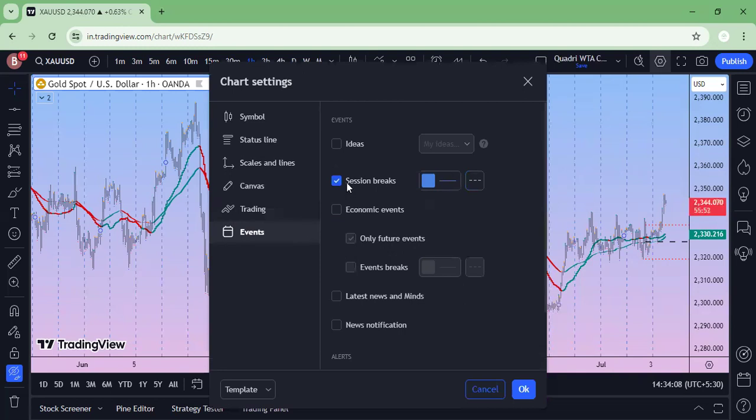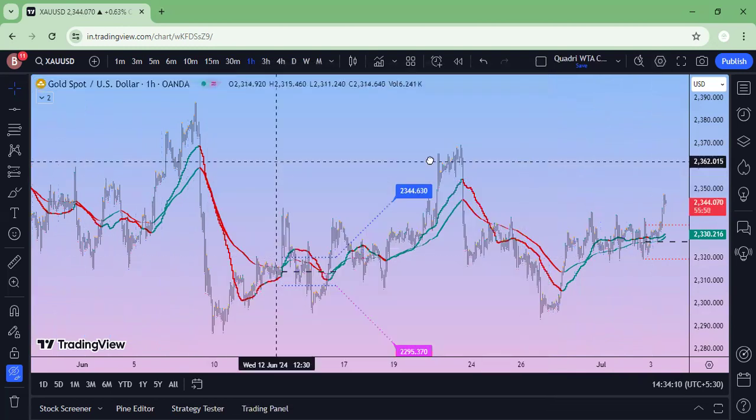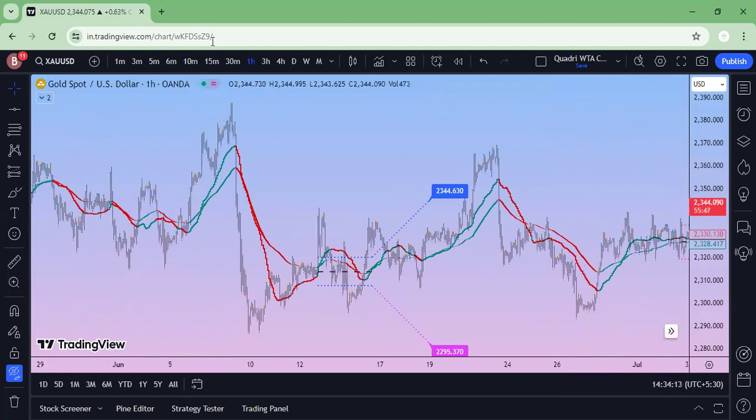Let me remove this one. Now I'm going to add this indicator. This is based on volume as well as price. Red means selling, green means buying, that is universal. So this was your buying, again buying. So your target is achieved. As far as your stop loss is concerned, either this one or below the swing.